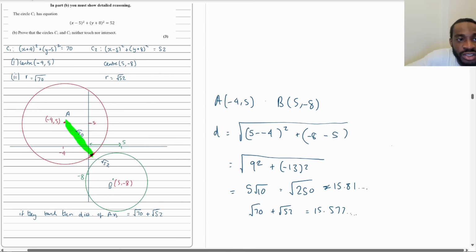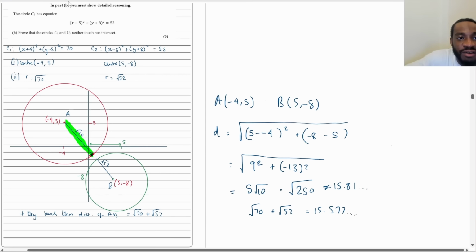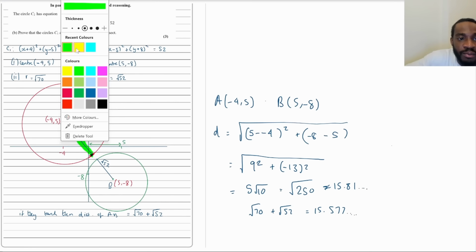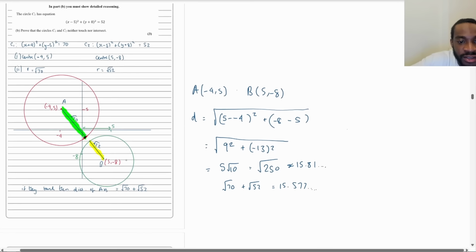So let me just draw this here. This is the radius of that one, like that. And then root 52 is actually like that because they don't touch. Okay, so that's actually what it looks like. So therefore, we've proved it, beyond reasonable doubt. So therefore, we can say from here, let me just zoom out a bit,